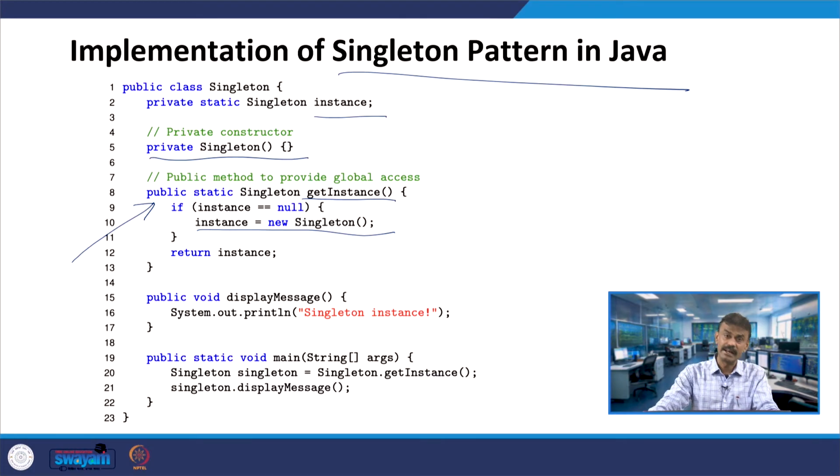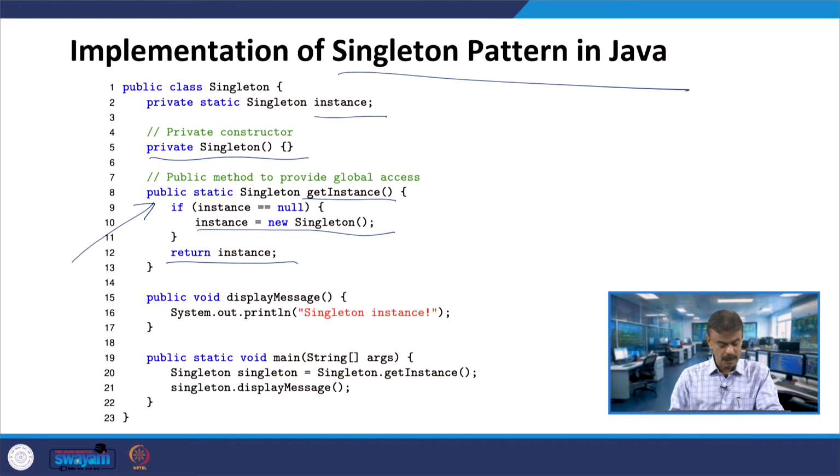If the instance already exists, you return the instance. This is exactly the same as what we saw in C++. If it does not exist, we create the instance in line numbers 9 and 10; otherwise, if it already exists, you return it in line number 12.